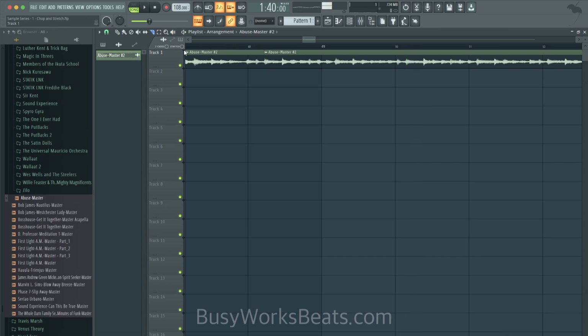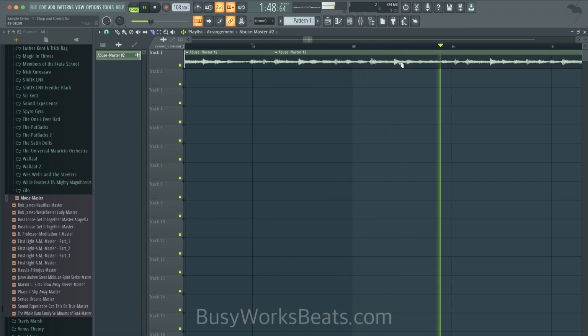So grab the slice tool, hit Shift Alt, and then left click to do a vertical slice where you can move it around. So Shift Alt, left click in FL Studio. And then you want to focus on this little transient or the pointy part of the audio. That's a giveaway as to where it starts, is this little pointy part right there. So it's 1, 2, 3, 4, 2, 2, 3, 4, and 1.